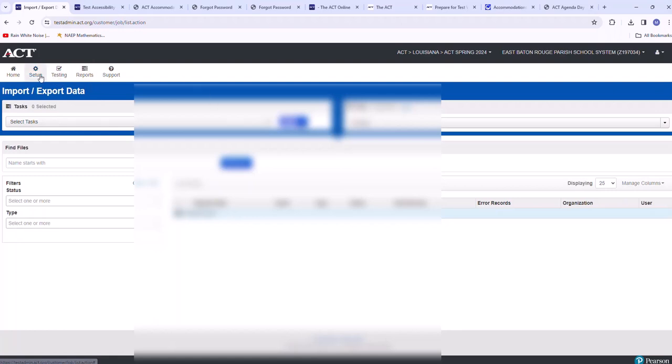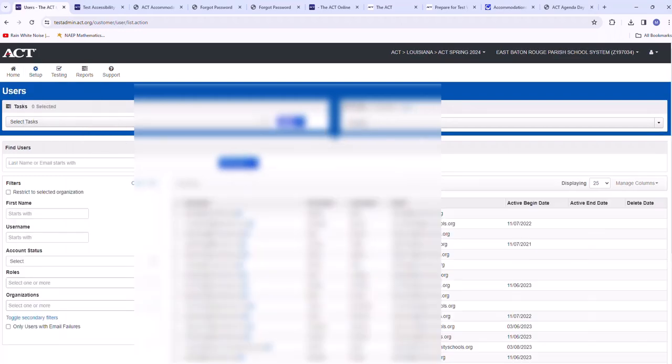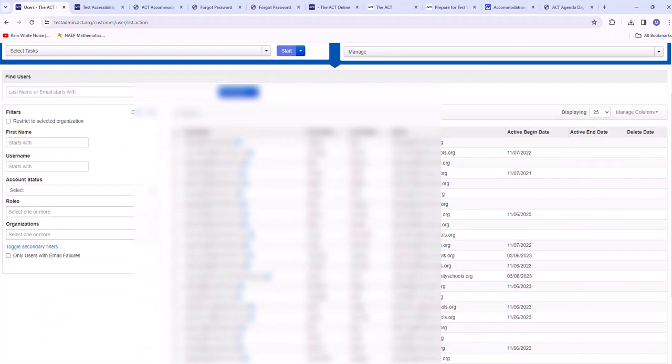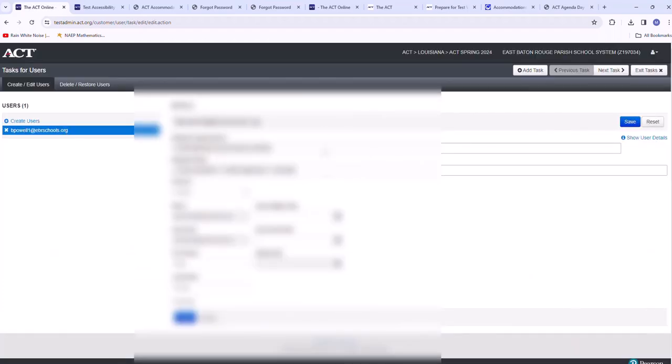I think some of you don't have access. Let me just check a couple of things. Let's see, Mr. Powell. I don't think Mr. Powell has importer role. Let's see, just real quick. Yeah, he does. But Mr. Powell also has room supervisor. I think that having room supervisor and test coordinator is going to be a conflict, so I'm going to take that off.